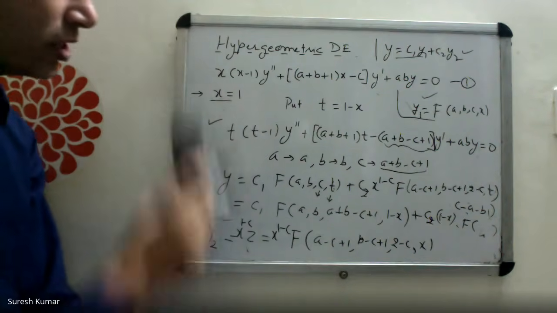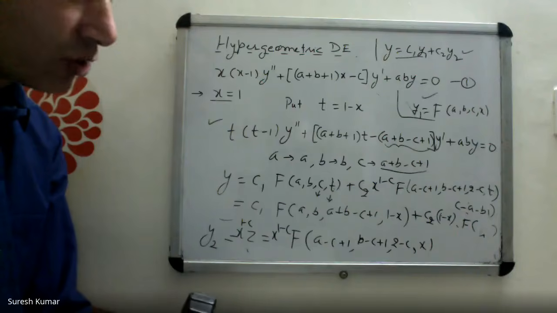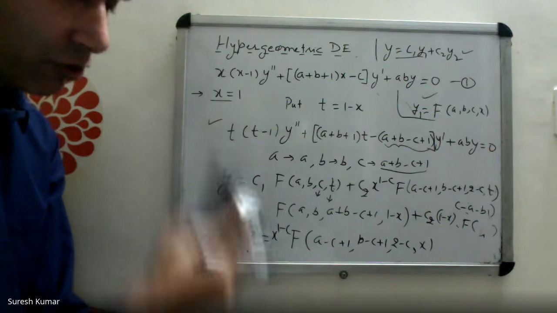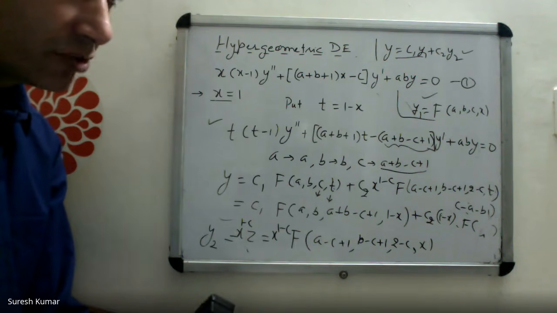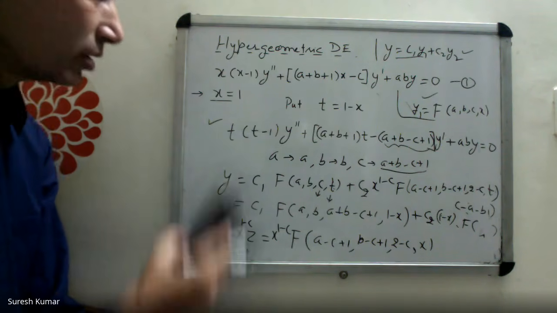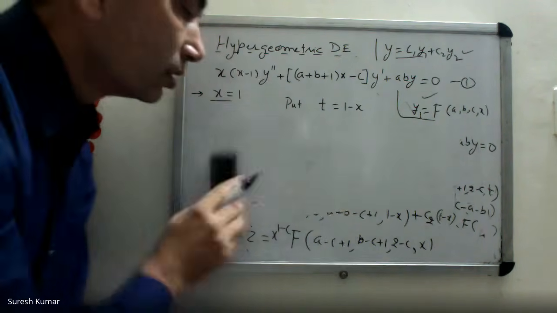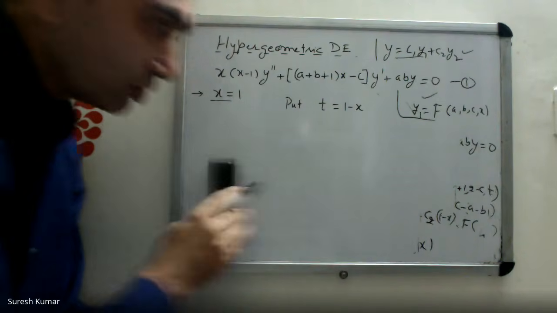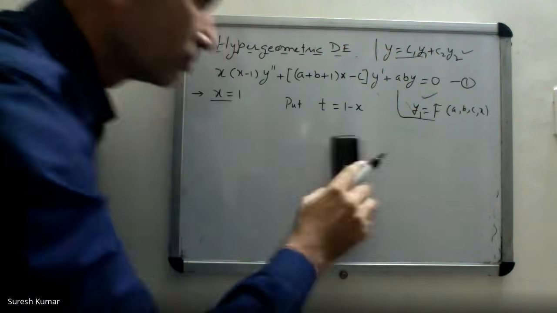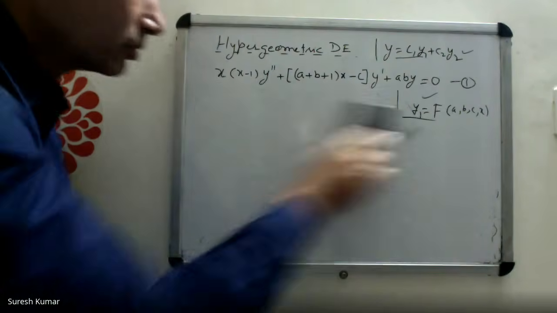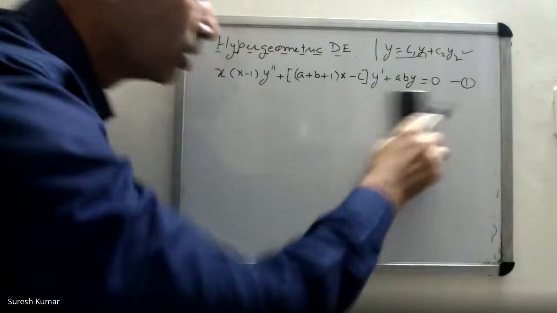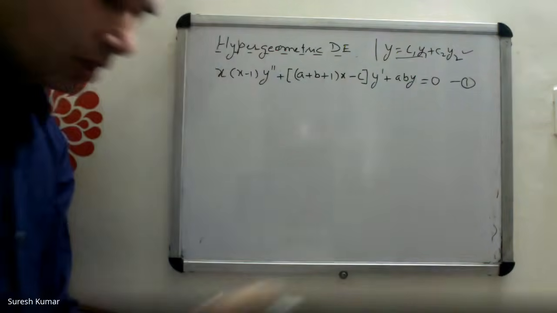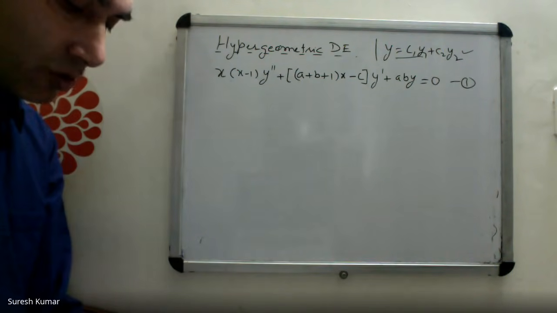So we have solved the equation about x equal to 1 also. You see, we are following the same approach. We are somehow managing to convert the differential equation into hypergeometric, and once it is hypergeometric, we know what the solution is. So it's a very useful and powerful differential equation. Let's see one more advantage.